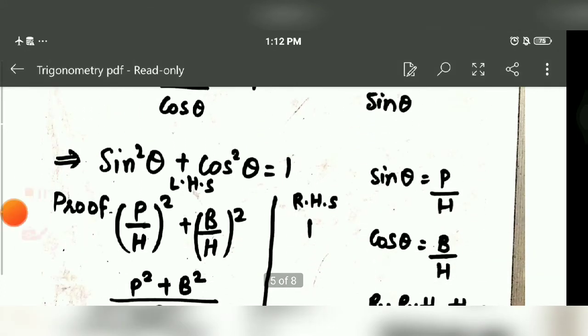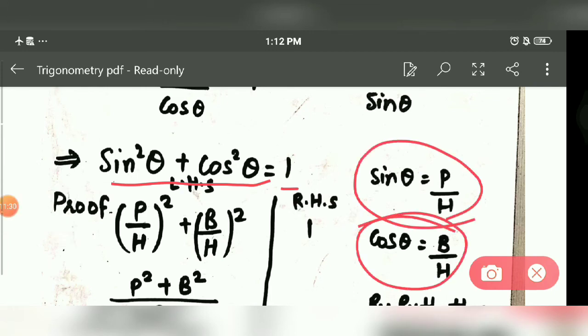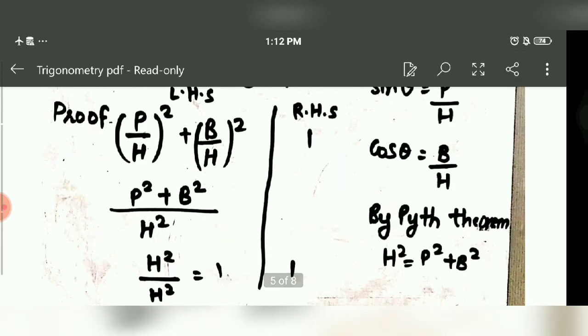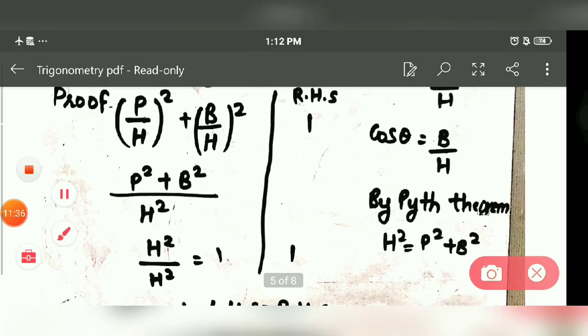There are some formulas too. Sine square theta plus cos square theta is equal to 1. We can also prove this. Sine theta is perpendicular by hypotenuse, cos theta is base by hypotenuse. If we substitute the value and solve it, we get p square plus b square upon h square, like this,